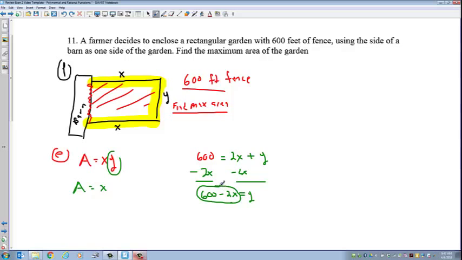And you have to be a little bit careful because you can't just write 600 minus 2x. If you wrote that, then you would have x times 600, but not x times the 2x. So you need to put parentheses around this. And that's perfect. That is a quadratic function, because x times x is x squared. You don't need to multiply through by x if you don't want to, because we're going to use our technology